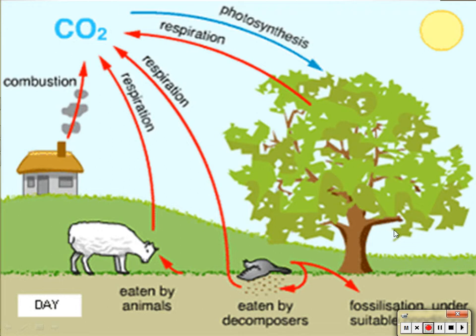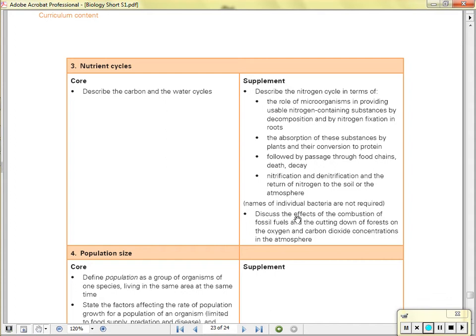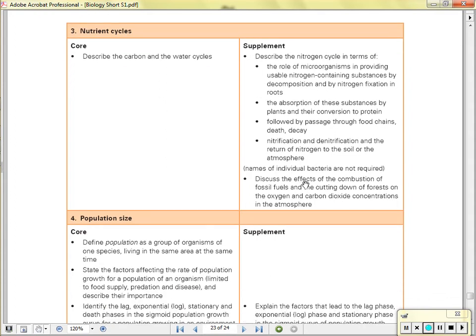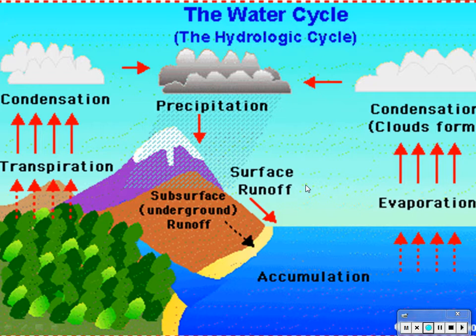Part 2, if we're dumb enough to chop down the trees to burn them, not only do we remove this arrow, the blue one, we've added another red one, more combustion. So there are some real issues with chopping down trees, period, and/or chopping down trees to burn them. All right, so we move on to the water cycle.